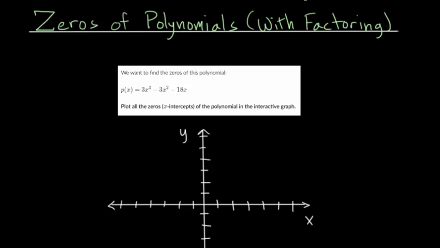In this video, I want to talk about finding the zeros of polynomials when we need to do some factoring. And remember, the zeros are just the x-intercepts of our polynomials, so where it will cross the x-axis. And for all of these problems, we'll usually be given some type of equation which we can factor. And once it's in factored form, we can use our zero product property to figure out when the polynomial will